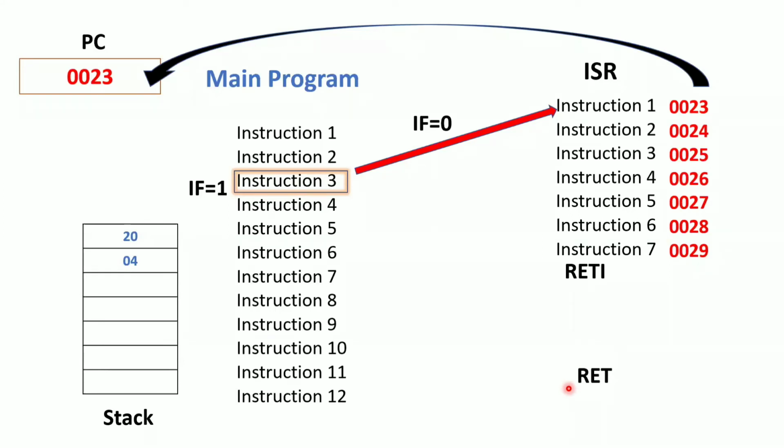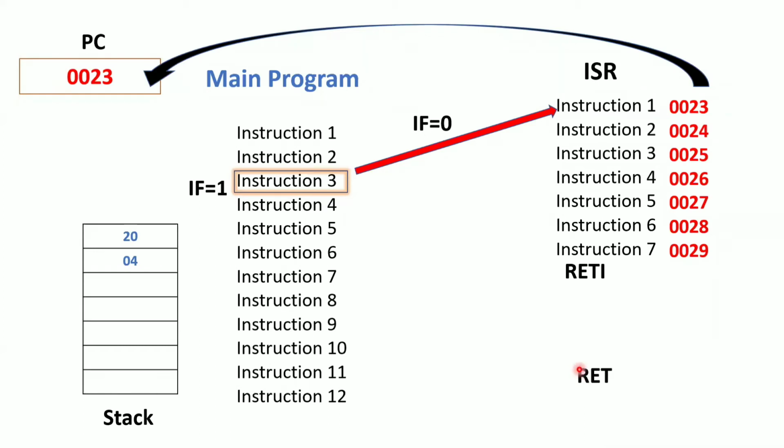If you know higher level languages like Python, C, Java, etc., I'm sure you know this. In those we have functions. When will the function be executed? Whenever you call the function explicitly. That means the programmer will call the function, right? At the end of the function, you will write the return statement, return 0 or return 1, whenever it is an integer return, etc. During that time you are using this return instruction. Those functions, in 8051 microcontroller assembly level programming, we call them subroutines. Functions are also known as subroutines.